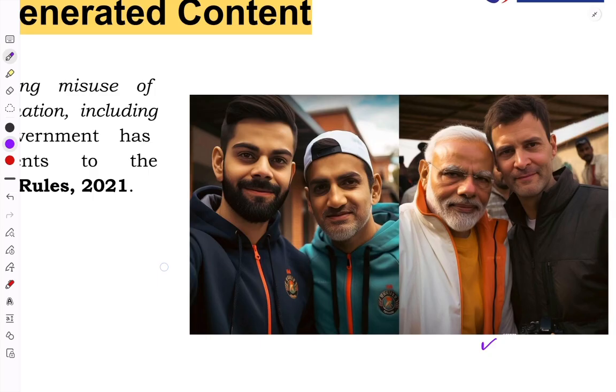So that kind of misleading video can create socio-political disturbance in our country. If it is communal content made through artificial intelligence, it can cause riots in our state, district as well as the locality. So such deepfake, AI-generated content can create a huge issue in our society as well as in politics, right? So regulation of such content becomes very necessary in today's world, right?